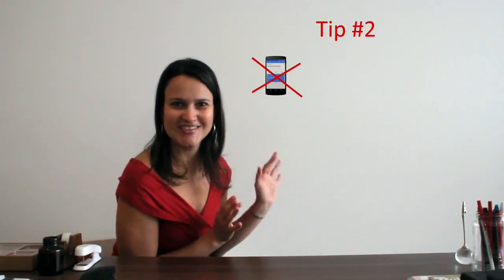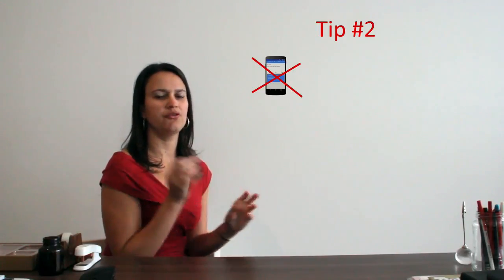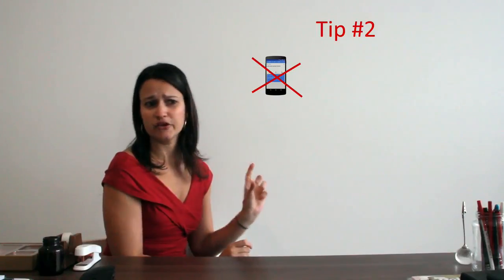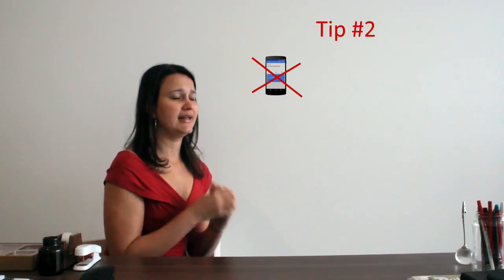Okay. My tip number 2 is actually not to use the translators. I've been talking about it for a while. Translators will give you the literal meaning. That's not what you want because then you won't be able to understand. Okay. And just an example.